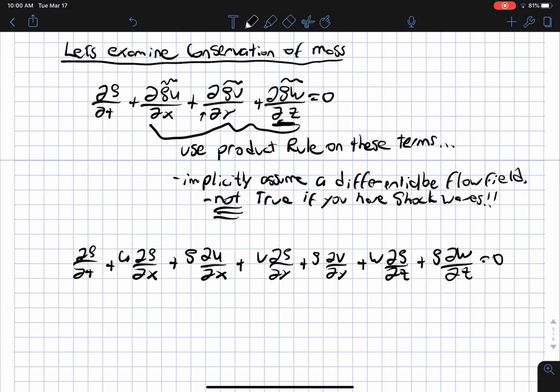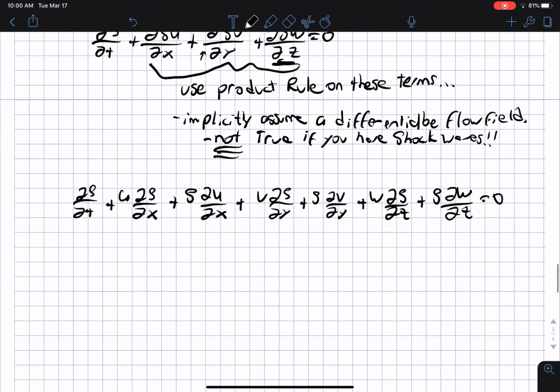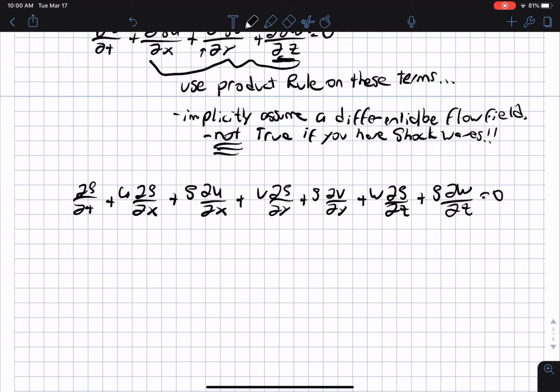Well, I'm going to group some terms here. So this equals partial rho partial t, plus u partial rho partial x, plus v partial rho partial y, plus w partial rho partial z,